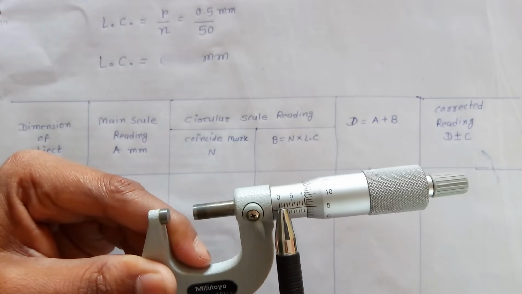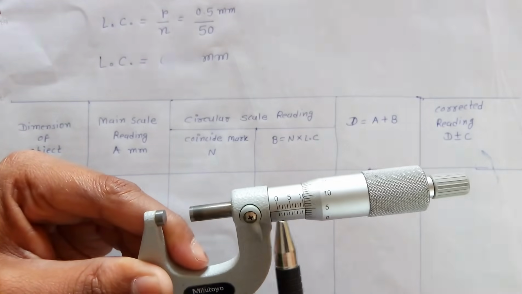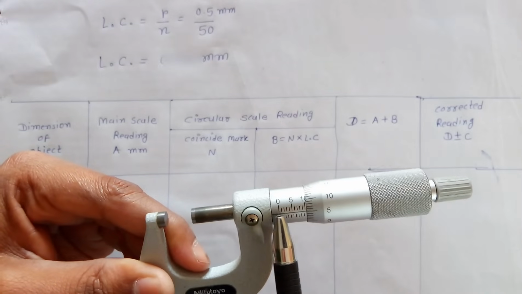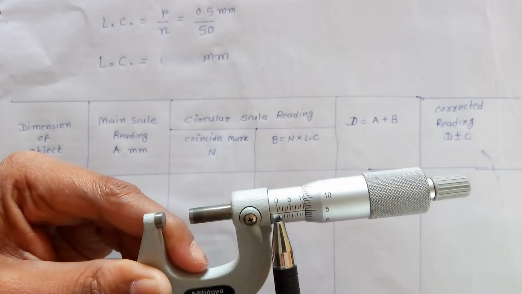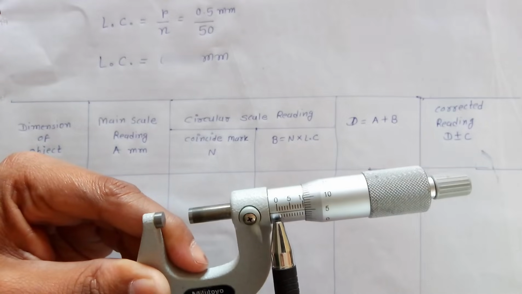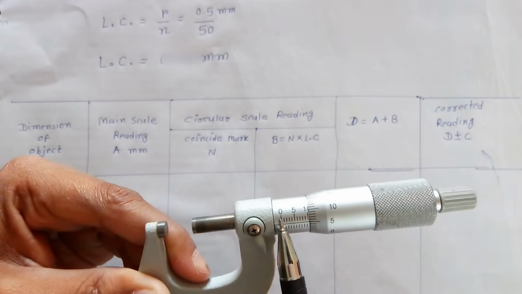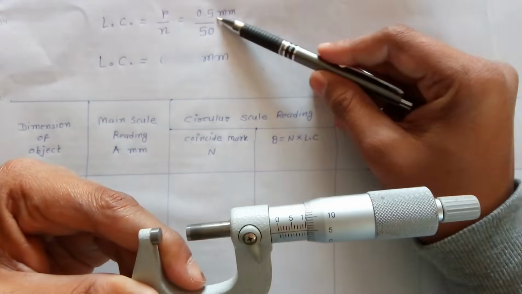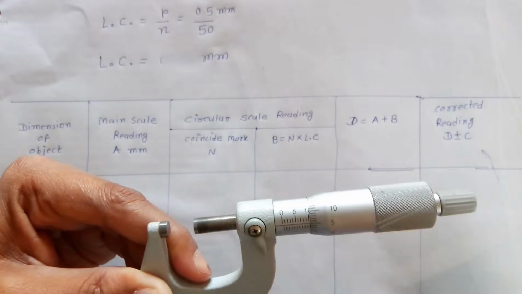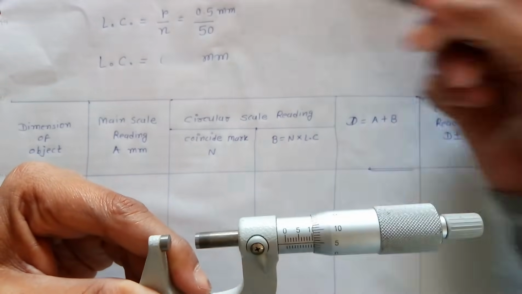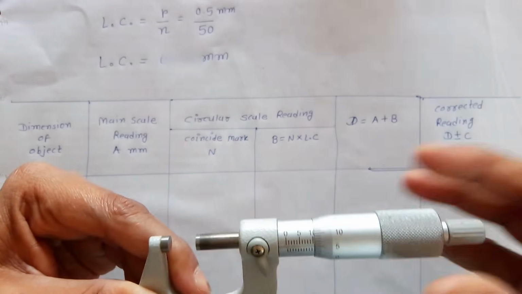Here 0, 1 mm, 2 mm, 3 mm, 4 mm, 5 mm. But between 0 and 1 mm there is another mark. Means this is 0, this is 0.5, 1, 1.5. So the smallest division is equal to 0.5. The smallest division on the main scale is equal to 0.5, and the total number of divisions on the circular scale is equal to